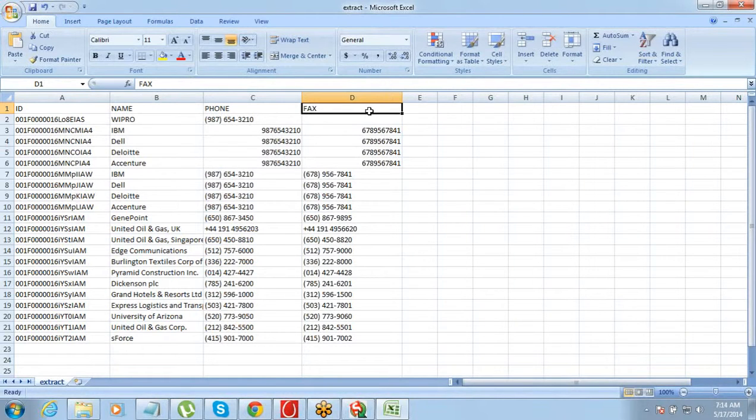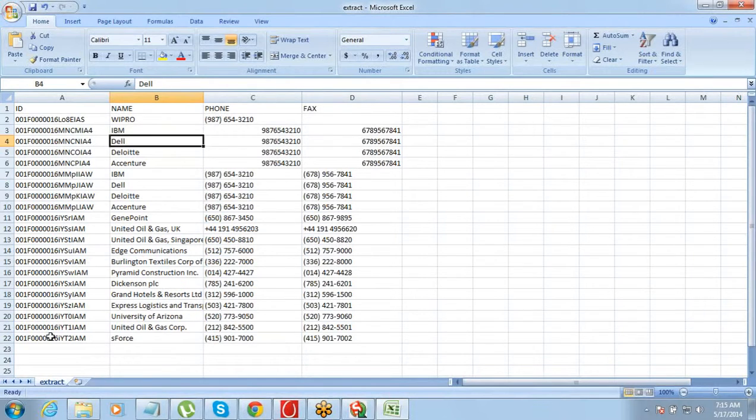Let's say now what I want to do is I want to update the fax number for all these records. So what we'll need to do? We need to go and update the fax. But once I put it back into Salesforce, once I try to update, I need a reference field. This ID here, Salesforce ID will act as the reference field, right? So this will help Salesforce identify which record this is, because see, name can be duplicate.